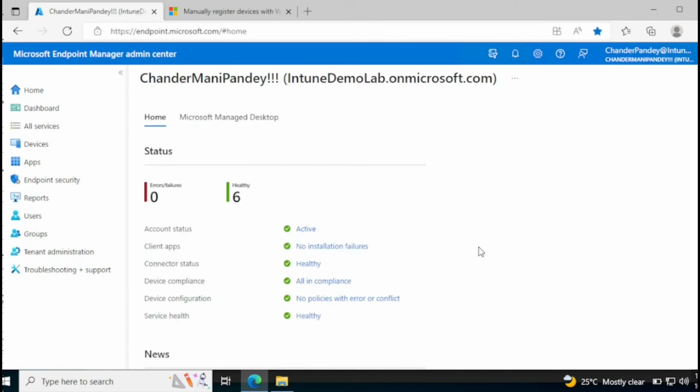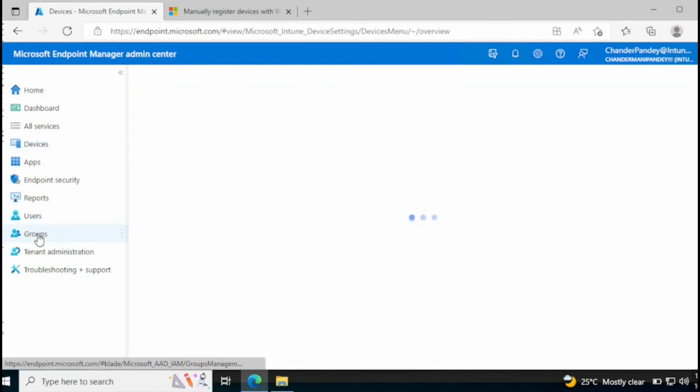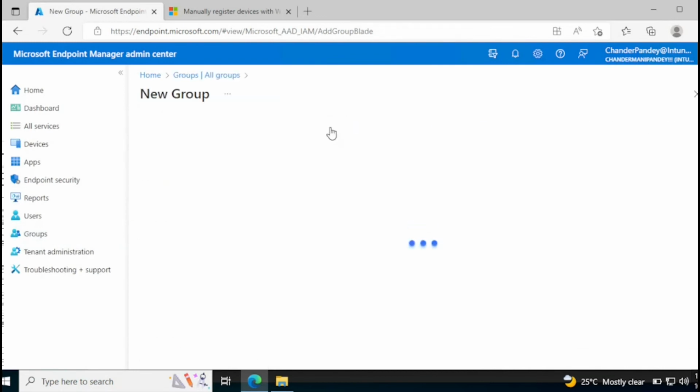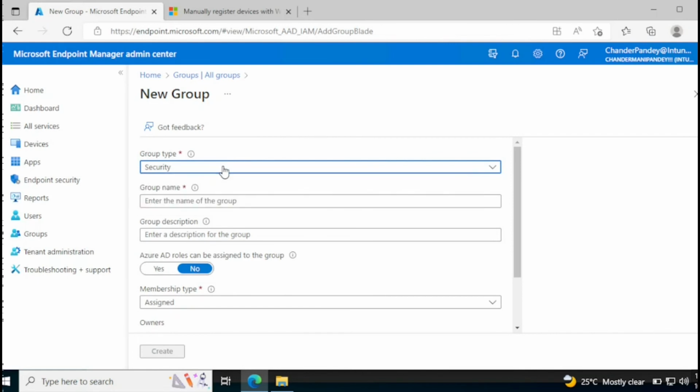Now the next configuration requirement is to configure the dynamic group. This is useful because whenever we are registering any device for Autopilot, that device, or the hardware hash, is automatically part of the dynamic group, and we can target all the required policies, applications, and configurations. To create the group, we need to go to groups, create a new group, and create a security group, and then name it Autopilot